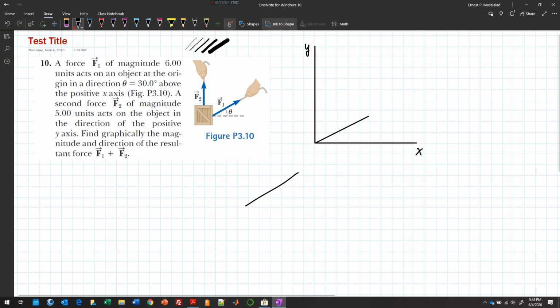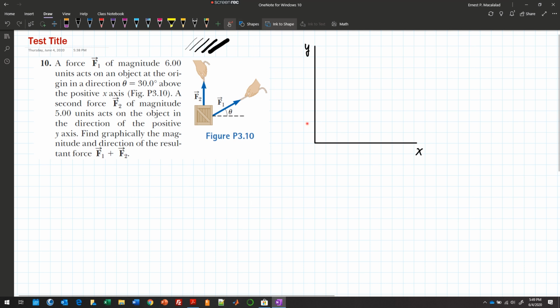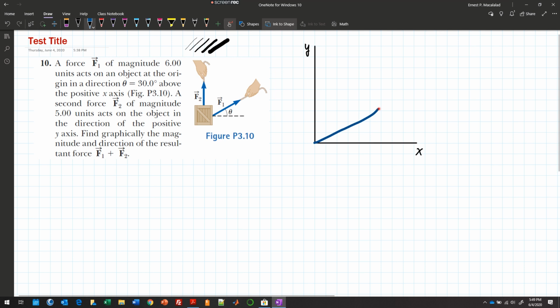So anyway, what I usually do is I use shapes na lang for the arrow. So let's say this is F1. So I would choose a different color and then maybe a thicker line. So this is, Control Z, shapes, then arrow,